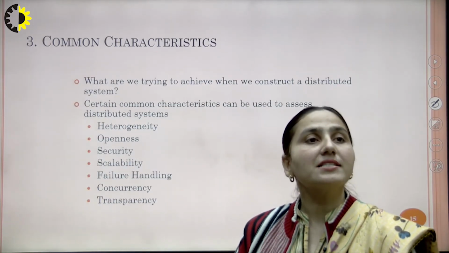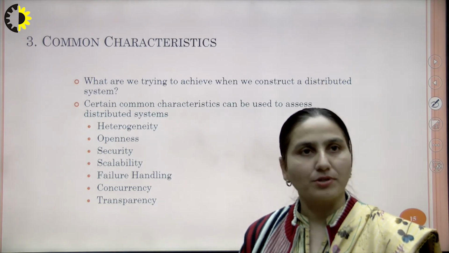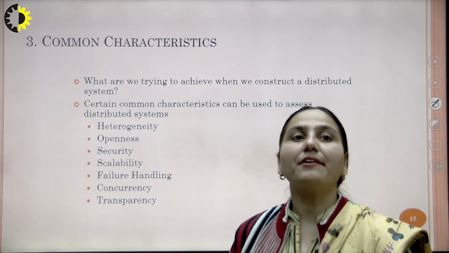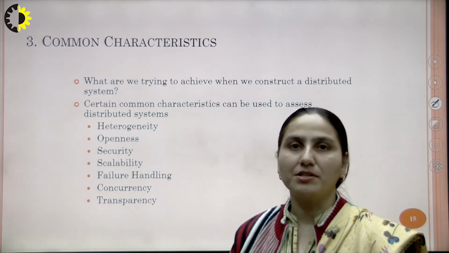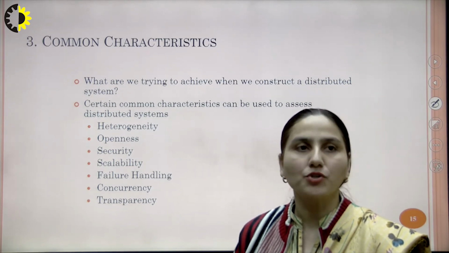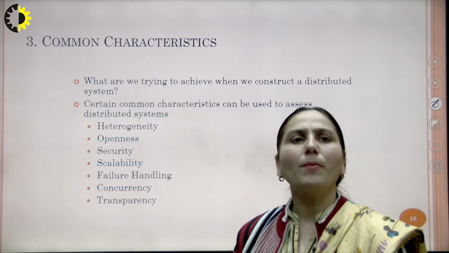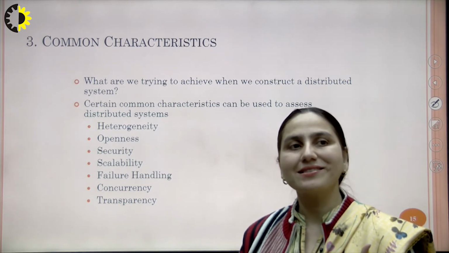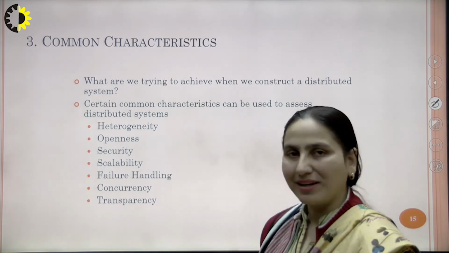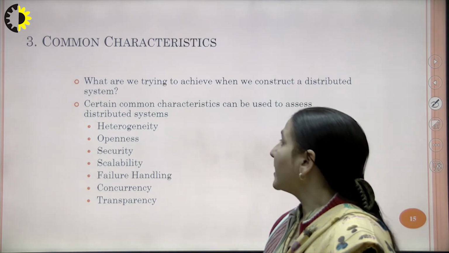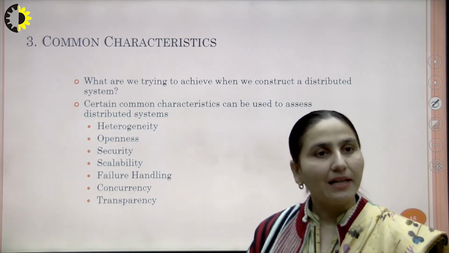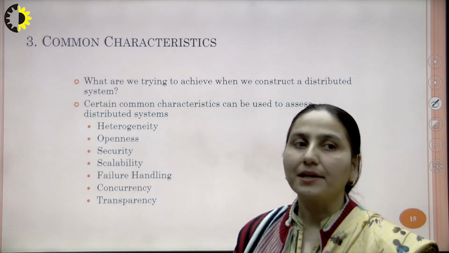Now, let us discuss the common characteristics of a distributed system. What are the different characteristics of a distributed system? What are we trying to achieve when we are constructing a distributed system? What is actually the aim behind constructing it? That is the important question. There are certain common characteristics that can be used to assess a distributed system. These are the important characteristics that we will discuss one by one. Initially is the heterogeneity, then comes the openness, the security, the scalability, the failure handling, concurrency and